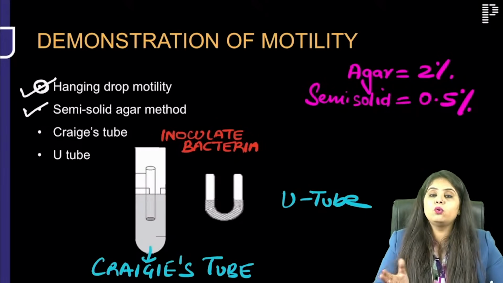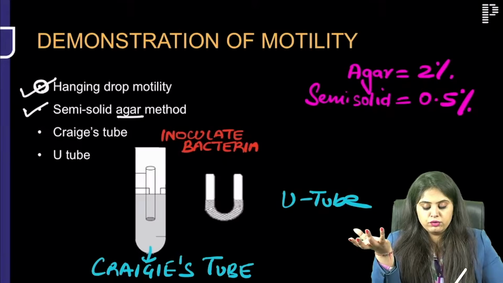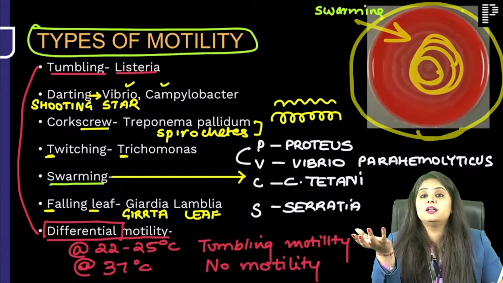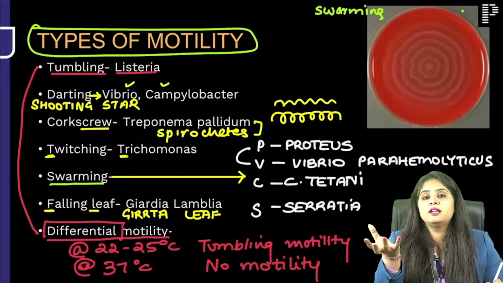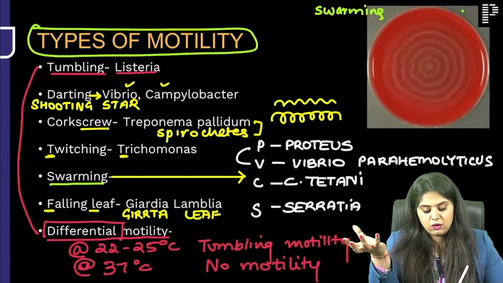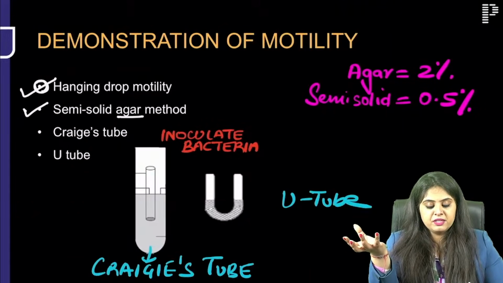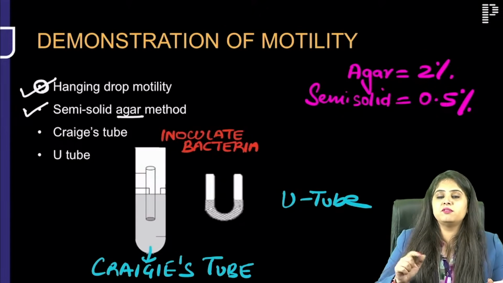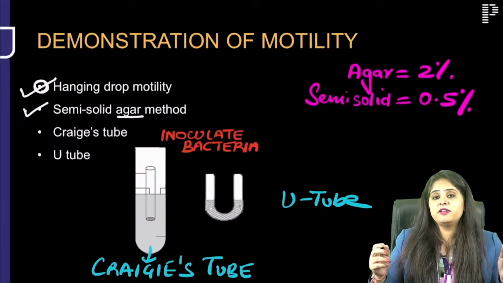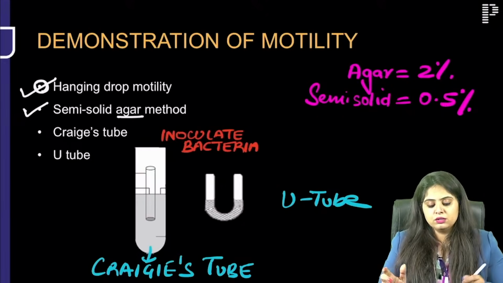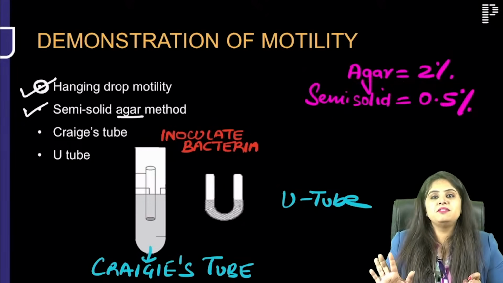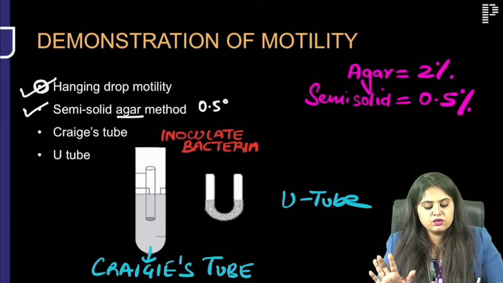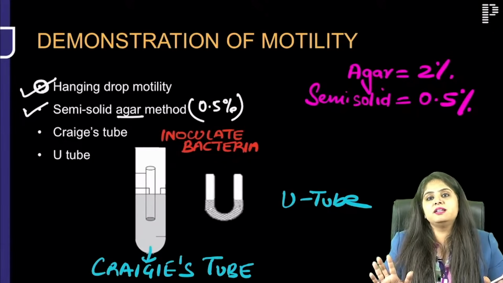Second, you can grow it in agar. What is agar? For those who didn't notice, did you notice what this was? Where swarming was shown, this was actually blood agar. This was blood. It's solid. Agar is solid. It comes from yeast. So now, if I take, let's say, agar 2%, you'll say, ma'am, 2% concentration is too much. If someone wants to move around, and if you keep a very tough environment, how will they move around? Reduce the concentration a little, then everyone will move around. Use a semi-solid agar. Semi-solid agar has a concentration of only 0.5% agar, so the bacteria will easily be seen